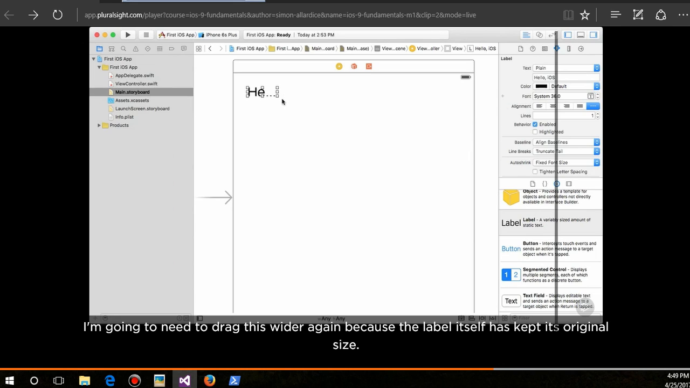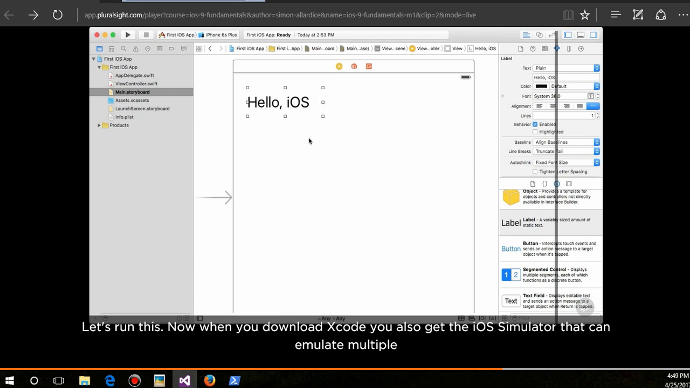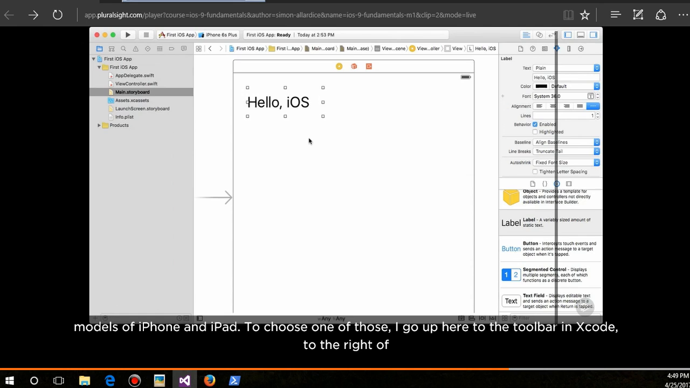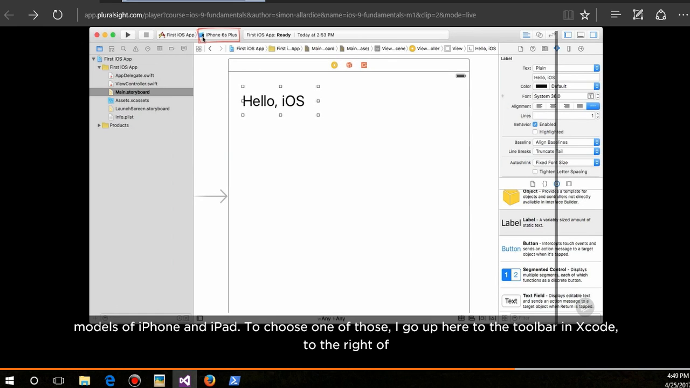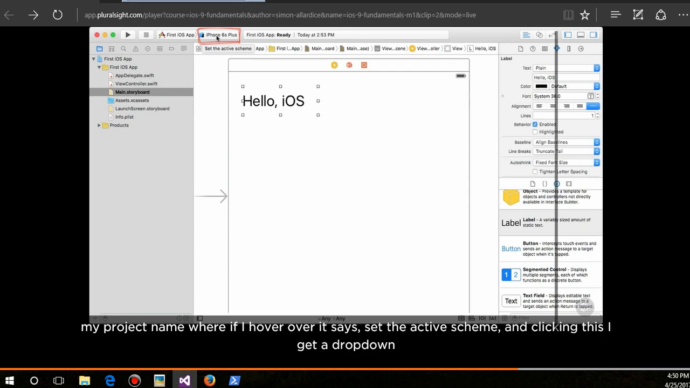I'm going to need to drag this wider again because the label itself has kept its original size. Let's run this. Now, when you download Xcode, you also get the iOS simulator that can emulate multiple models of iPhone and iPad. To choose one of those, I go up here to the toolbar in Xcode, to the right of my project name, where if I hover over it says Set the Active Scheme, and clicking this, I get